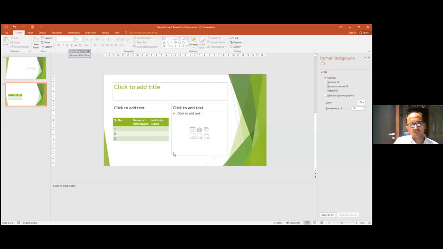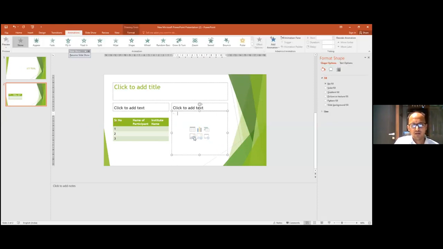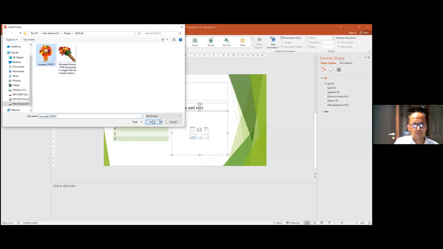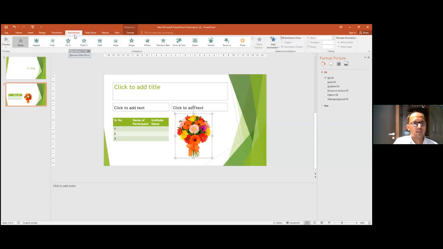Now the most important thing is how to insert the video, or rather, before that we'll see how to give animations to your existing things. For example, I have added this image in this. Now I want to give some effect to this. To give the effects, we can use the Animation tab.